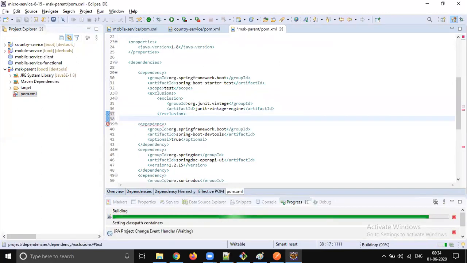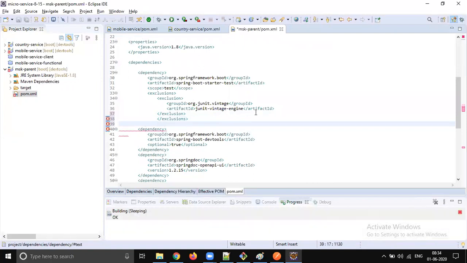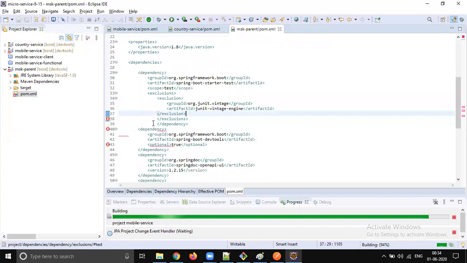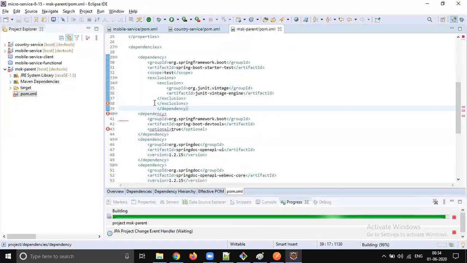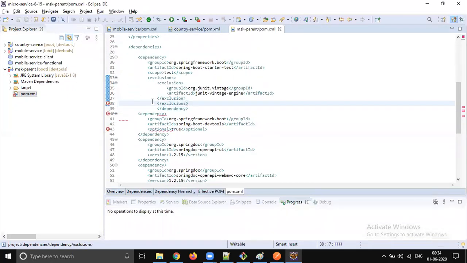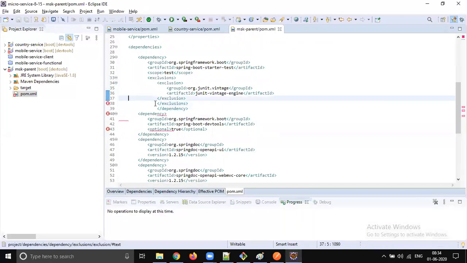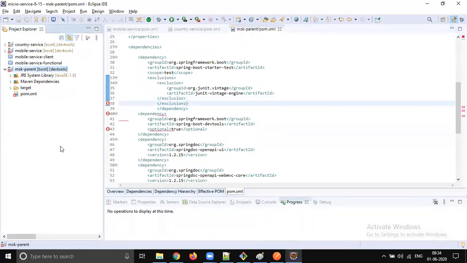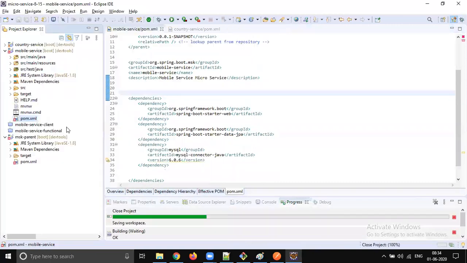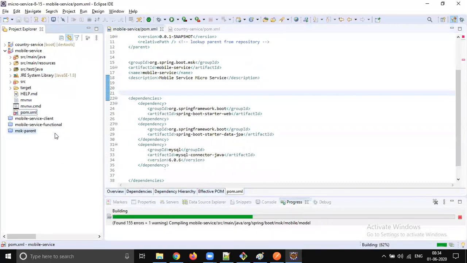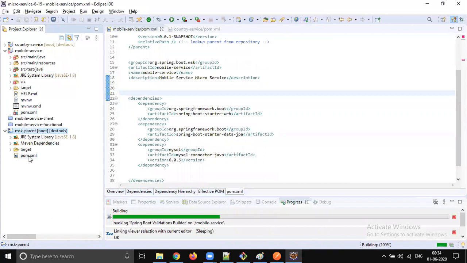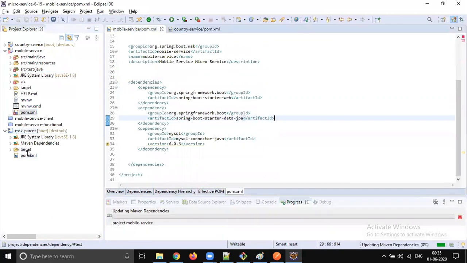I will fix it manually in exclusions and dependencies. Okay, so now the error is gone.